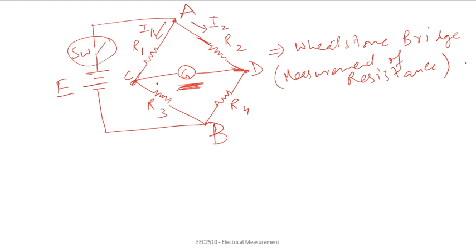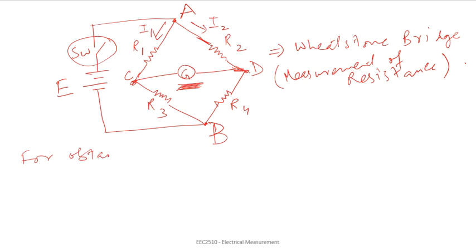So that situation will be when the potential difference between these 2 points, that is point C and point D, becomes 0. That is, the potentials at points C and D are equal. So the potential difference between these 2 points will be 0, and only in that situation will there be zero current flowing through this. So from this circuit diagram, to obtain the bridge balance equations,